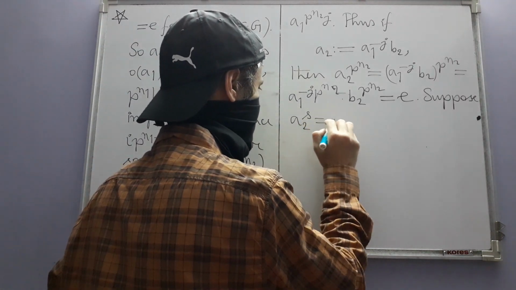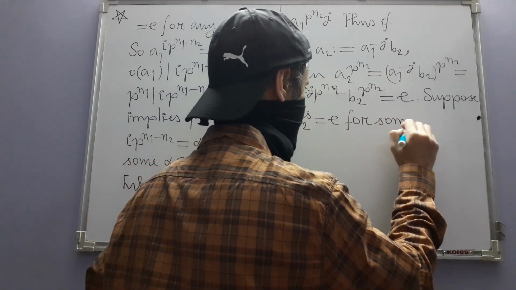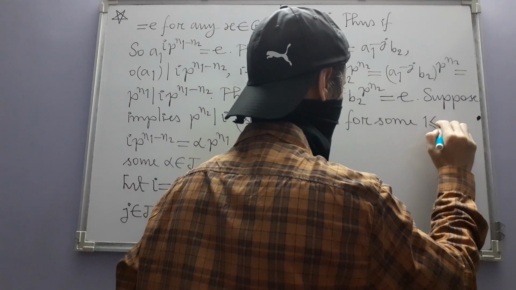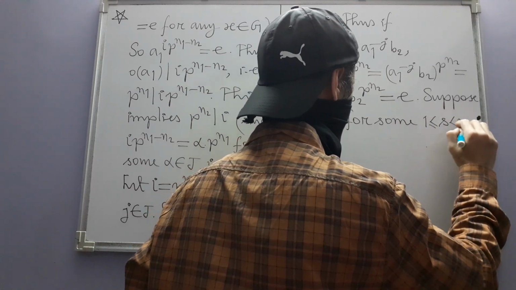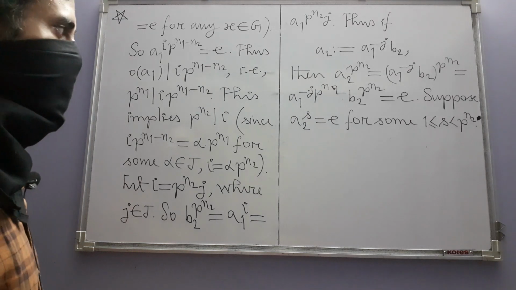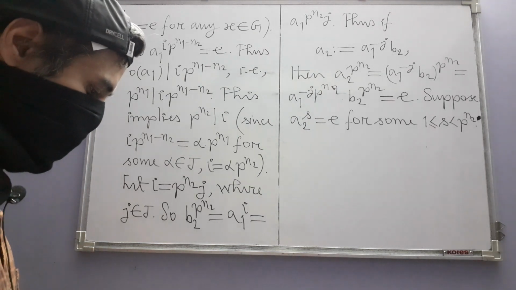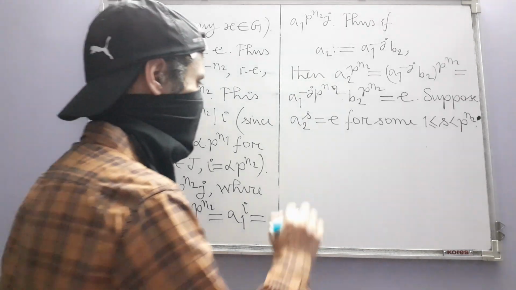a2 to the power s is equal to identity for some positive s that is less than p to the power n2. Then something goes wrong. What goes wrong? Let's see. Then